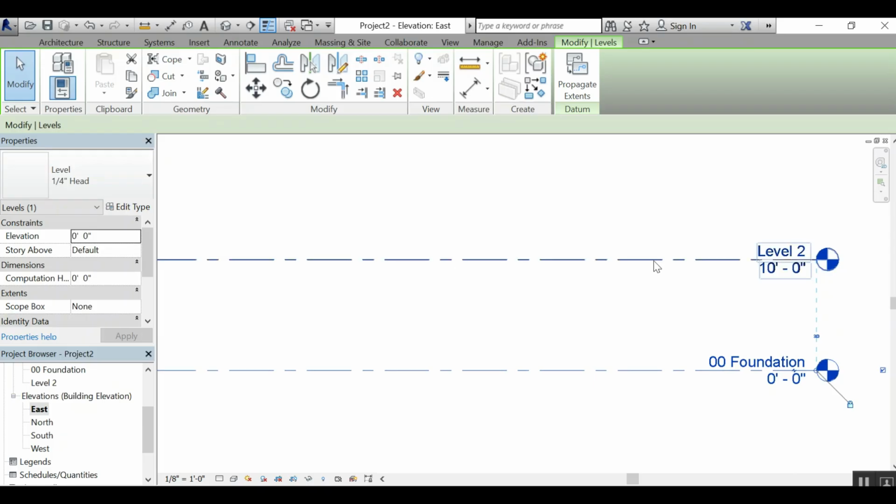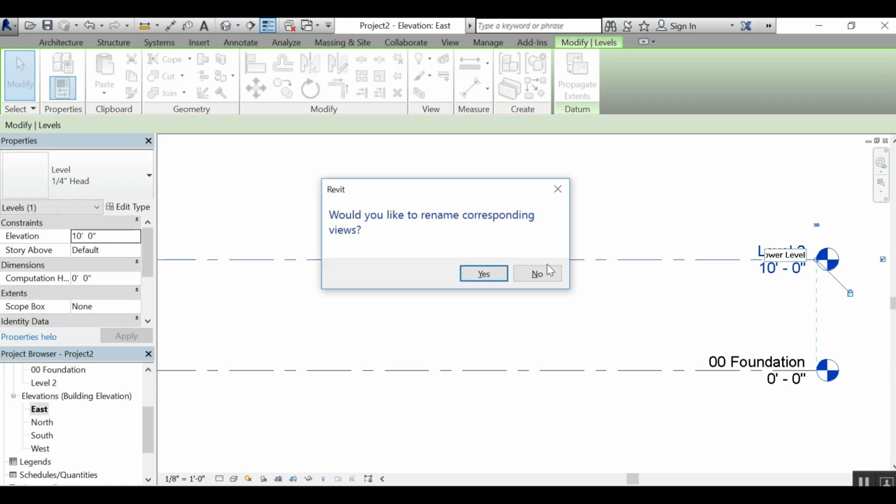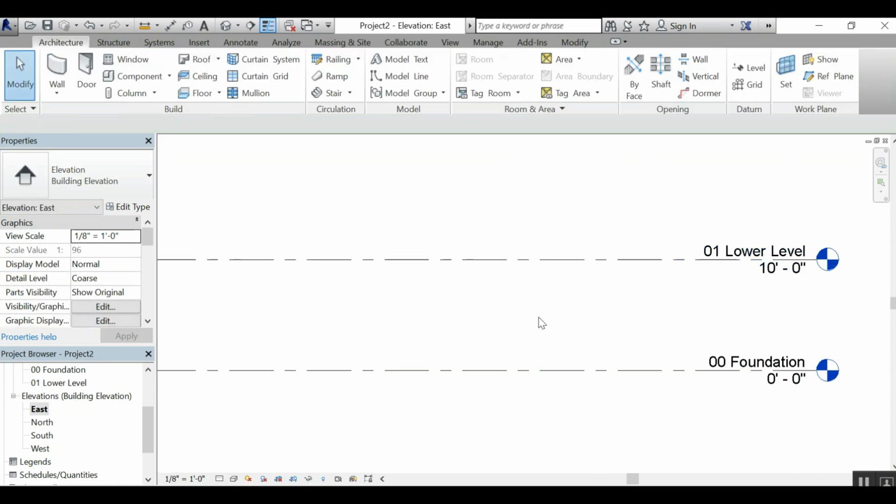Level 2, we are going to rename 01 Lower Level. So I'm going to go to where it says level 2, double click on it, and I'm going to rename that 01 Lower Level, and I hit enter. Yes, we want to rename these views. Okay, and then let's see, we want to